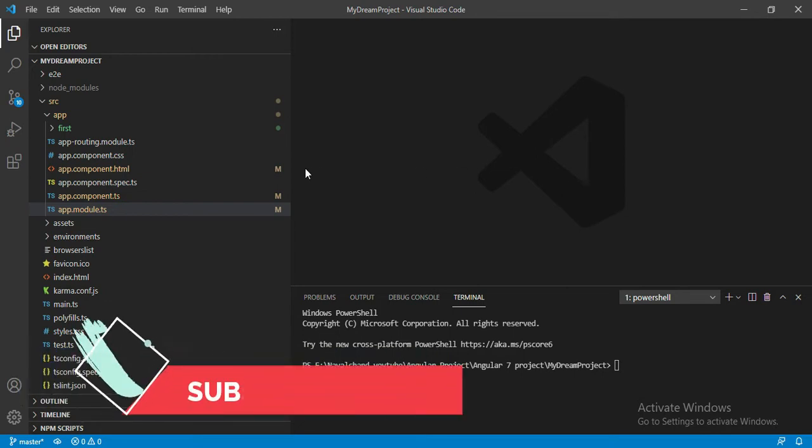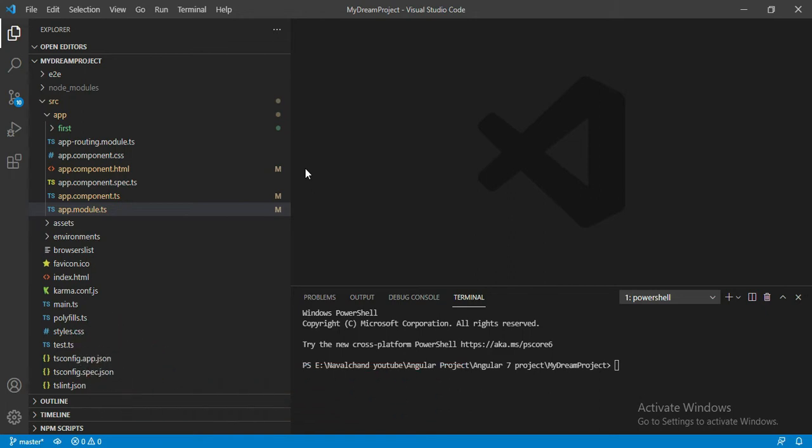Let's consider we have one huge application, a hotel management application. In that application we have a few departments like food department, delivery department and raw material department. And in this application we have a few developers, each developer handling one department. That means we have three developers: one handling the food department, the second handling the delivery department, and the third handling the raw material department.